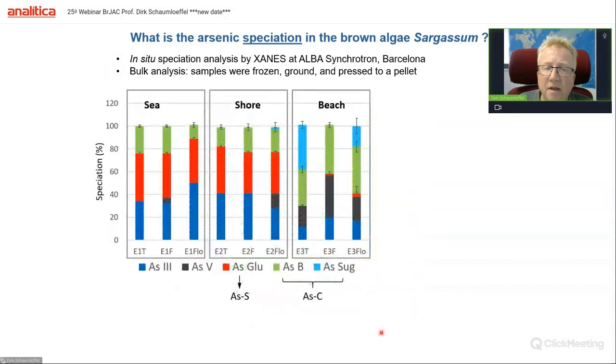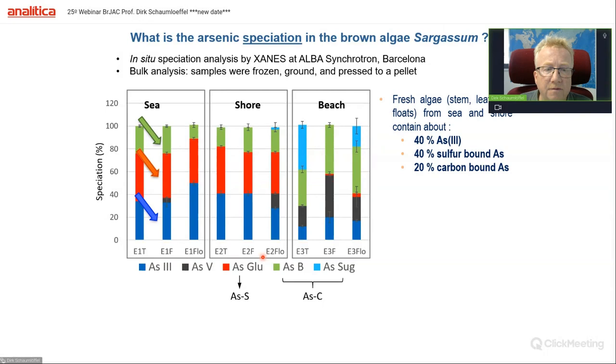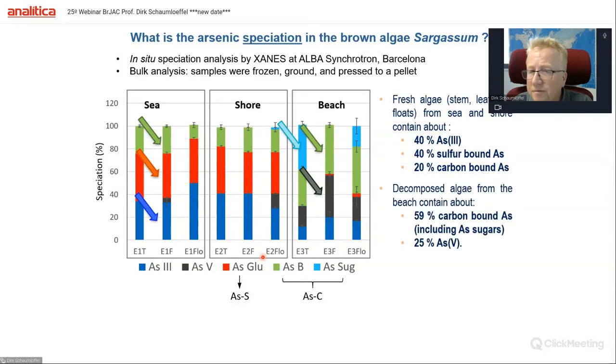And then by fitting, we got a relative distribution of the species. And also we see a modification or an evolution between sea, shore, and beach. And what we see here is that in the sea, these are the 3 samples, stem, leaves, and floats. We see more or less a similar distribution of 40% arsenic-free, 40% sulfur-bound arsenic, and 20% carbon-bound arsenic. In the shore, it's a little bit decomposed, but not completely. We see the same, but in the beach, we have